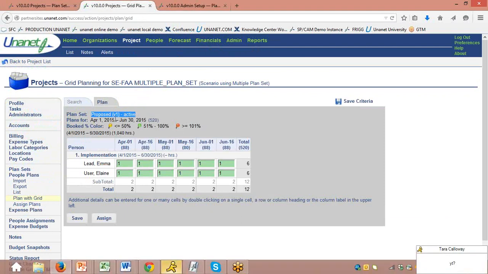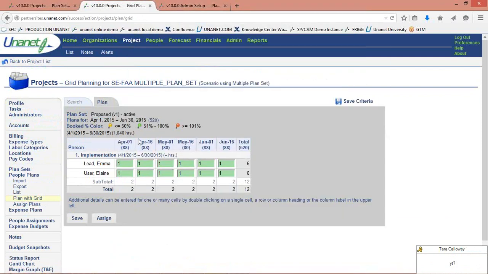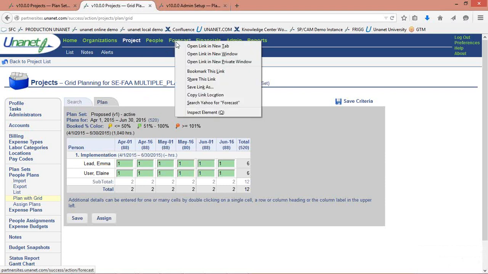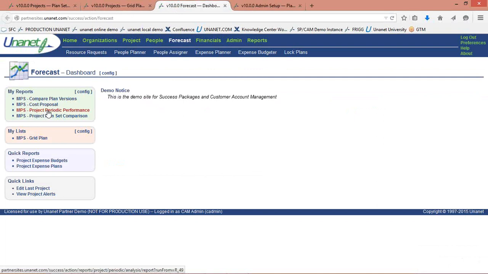And you can see here that I've got 2 people assigned to this for the duration of the project. I can look to see that information on that proposal via a forecasting report. So let's take a look at that project periodic